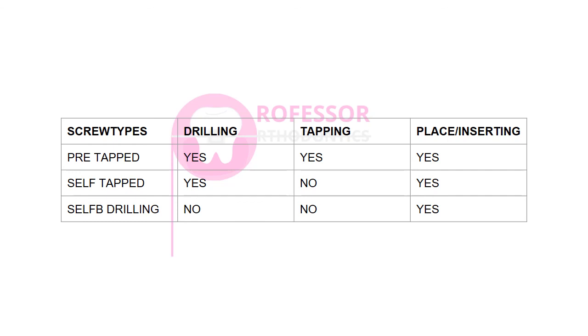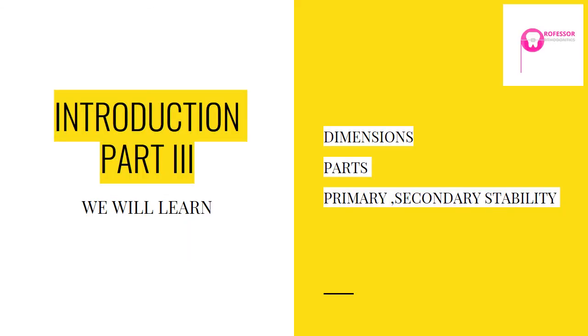These are implants which do not need a tapping or a drilling procedure, because the flutes of the implants are quite sharp and there is enough space that compresses the bone and passes through the bone. So these implants don't need any drilling procedure and they don't even need a tapping procedure. That's the advantage of using a self-drilling implant. Usually for the mandible, some amount of drilling may be required because the mandible has denser bone. So usually self-tapped and self-drilling implants are used for the mandible. But for the maxilla, you can use self-drilling implants in most places because the maxilla has less dense bone and more cancellous bone. So that's for today.